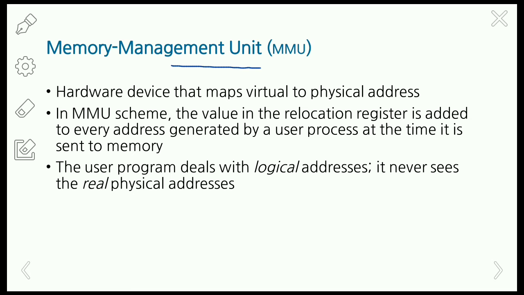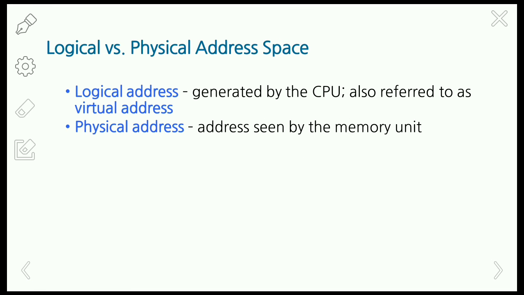So here we have two types of address space, that is logical and physical address space. The logical address space is generated by the CPU. That means if you want to execute any program, it must be fetched from the hard disk to the main memory. The size of the particular program which is fetched from the secondary memory to the main memory is taken as the logical address. That's why it is said to be generated by the CPU.